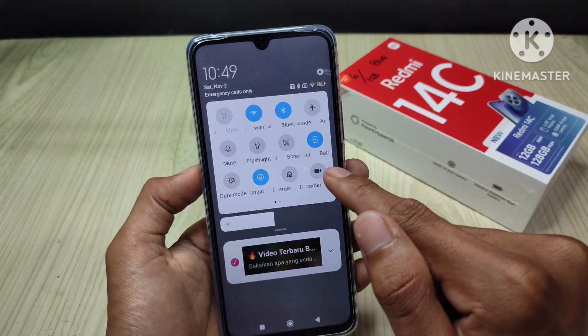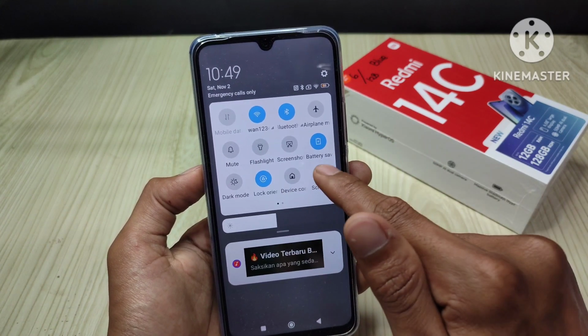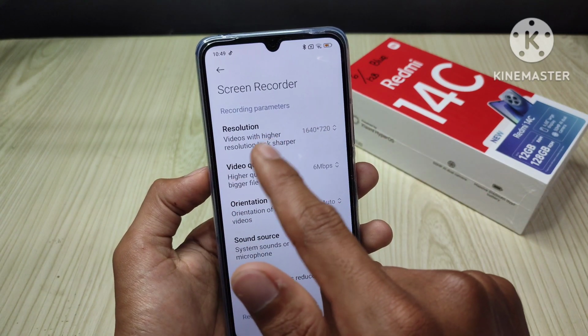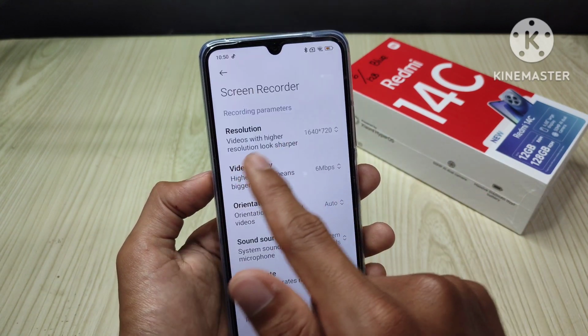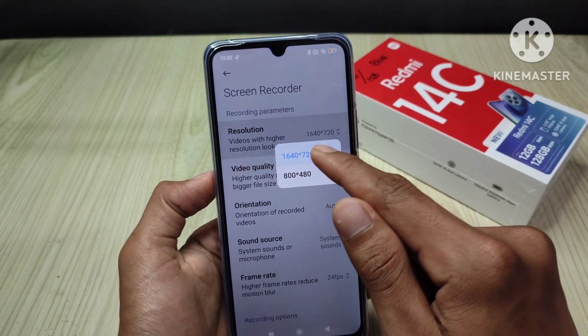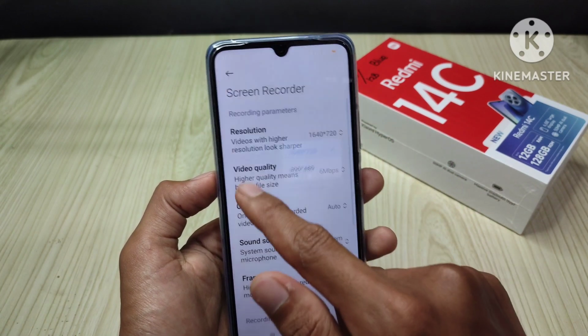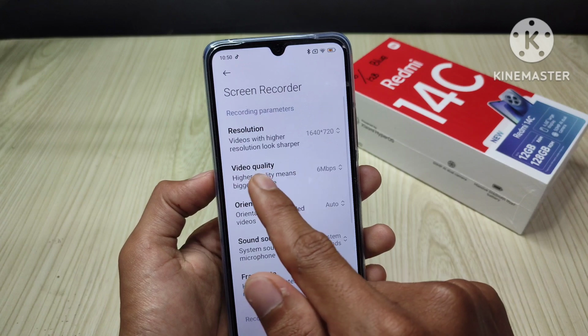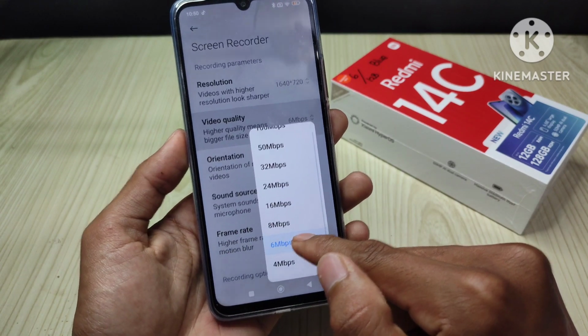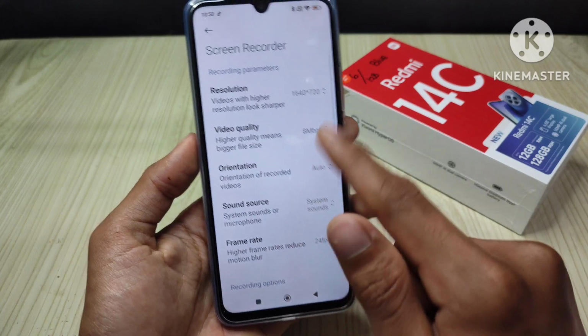In the first way you have to go to settings. You can press it long like this, and you can select the resolution in the viewport, and for the resolution you have to select the first option, and then to set the video quality you can select about 8 until